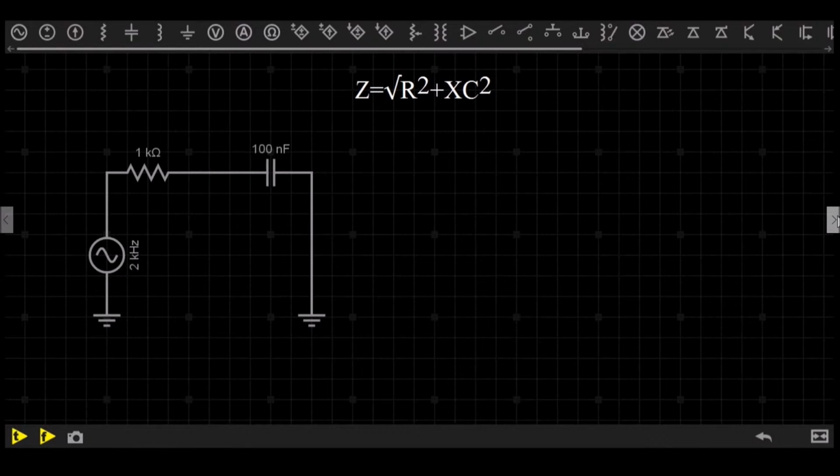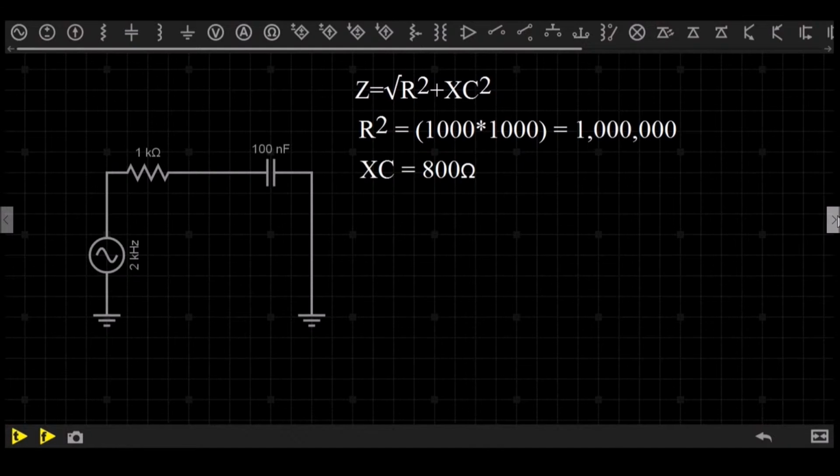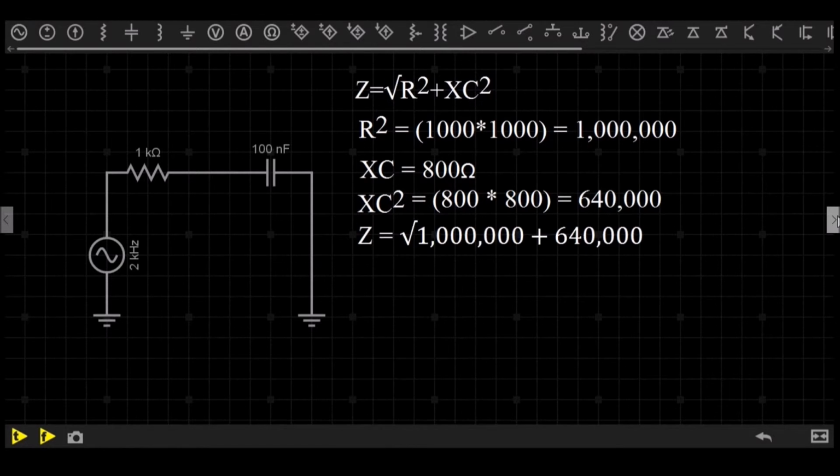R squared, 1000 times 1000, equals 1 million. The reactance of the capacitor is 800 ohms. The reactance of the capacitor squared, 800 times 800, equals 640,000. Z equals the square root of 1 million plus 640,000. Z equals the square root of 1,640,000. Total impedance equals